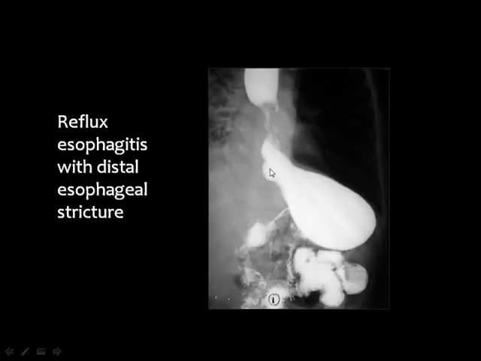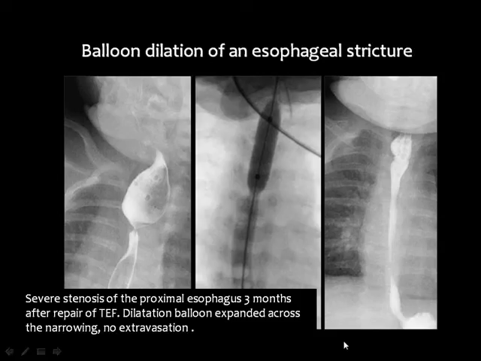And you can see here this refluxing barium and the narrowed segment in the distal part of the esophagus due to reflux esophagitis. And you all know we can manage these strictures in the esophagus and in some parts of the bowel by interventional radiology, introducing the balloons, which can dilate these segments,